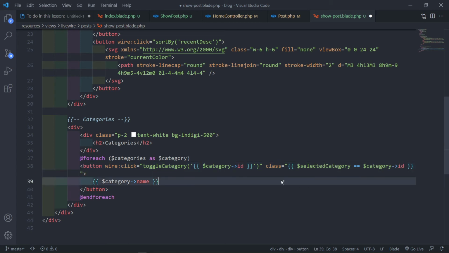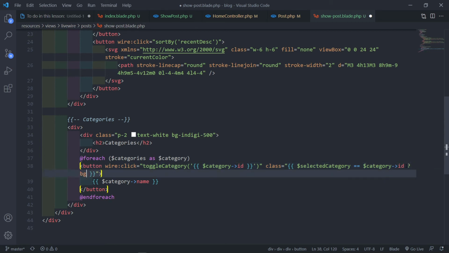So basically we're doing a ternary operator inside our class right there. So if the selected category is equal to the category ID, then we want to do a background of indigo. Come on, Tailwind classes, bg-indigo-500,